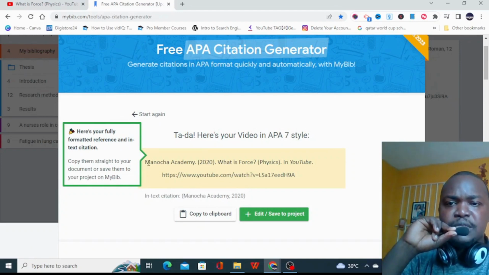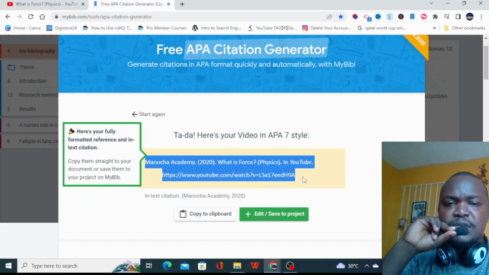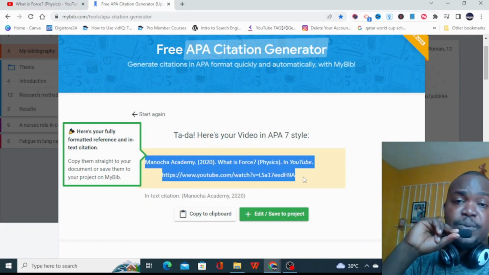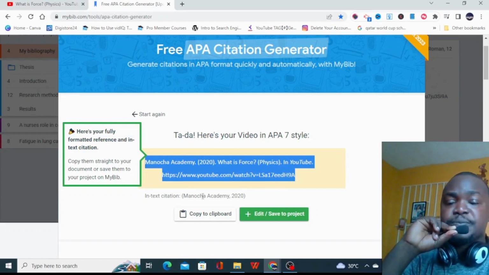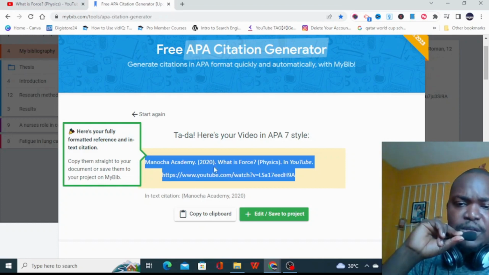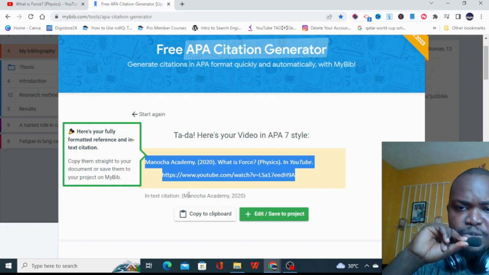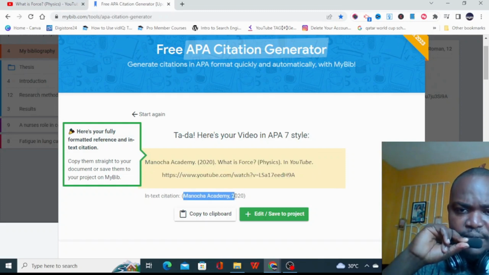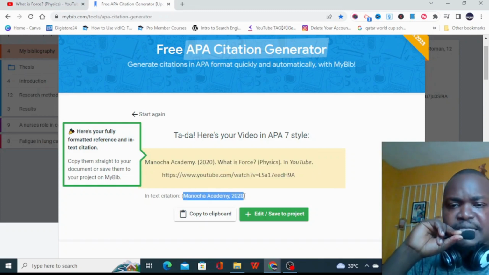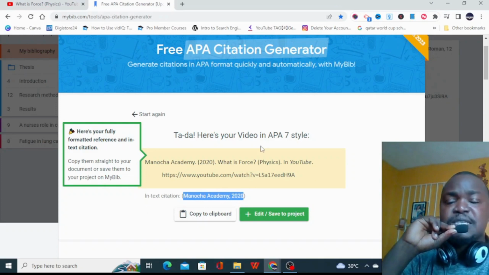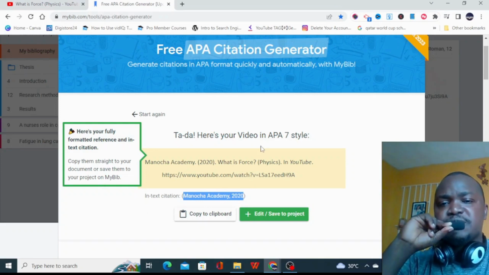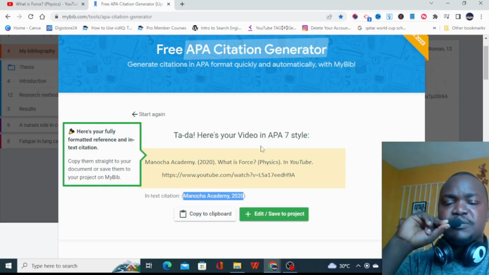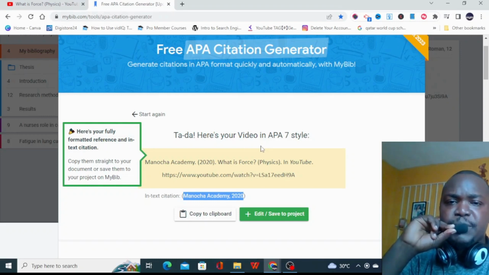So you can copy this and use as your reference in your paper, and when you are citing the video in your paper or your research, you can just use this format for your in-text citation. So here is how you can cite and reference any video for your paper, in this